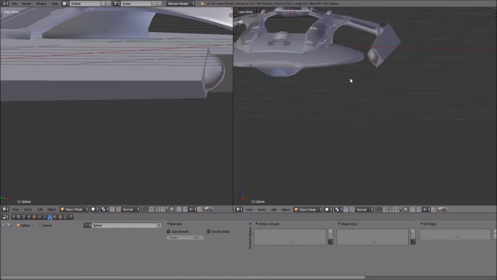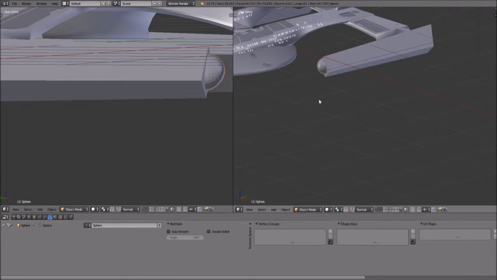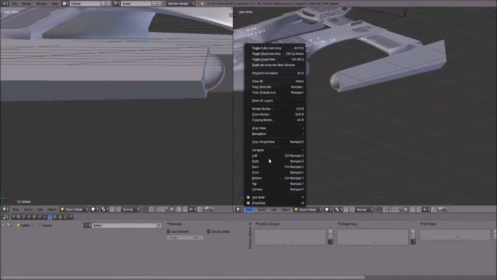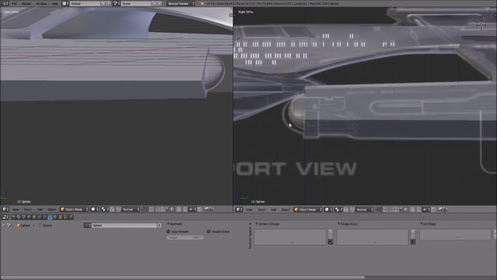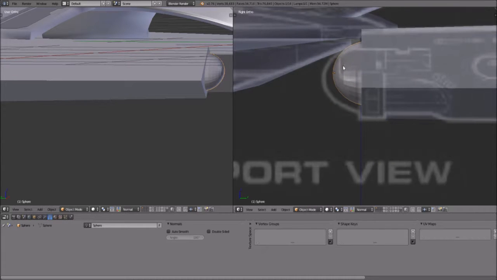And I've been wanting to try it, so I'm going to do it on this ship. Is that what I'm actually going to do? I'm going to model it. Oops, wrong side. When we go to the right side, I'm actually going to model the actual inner